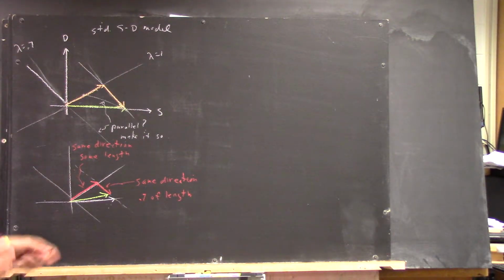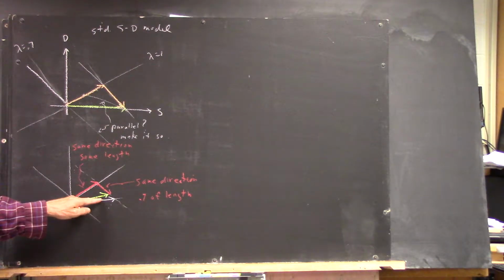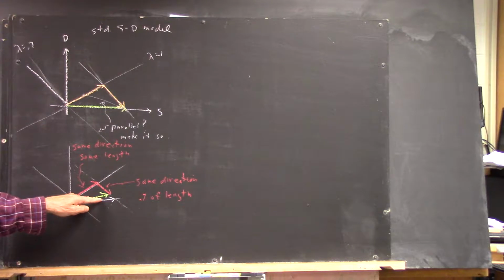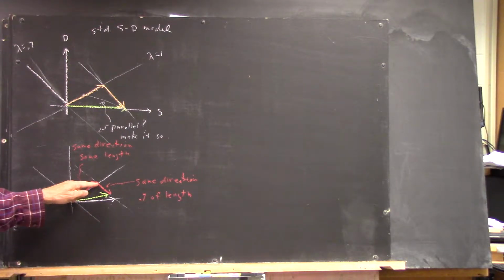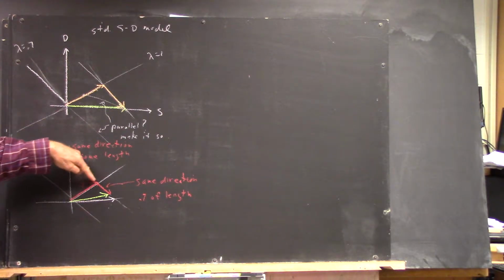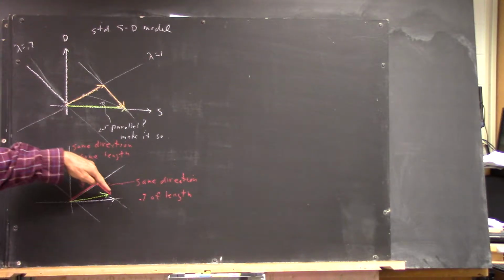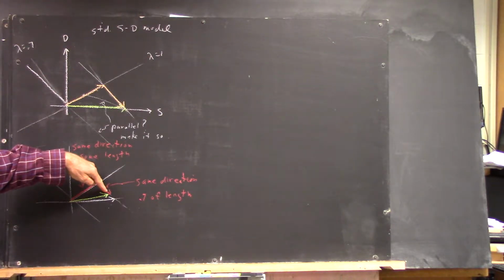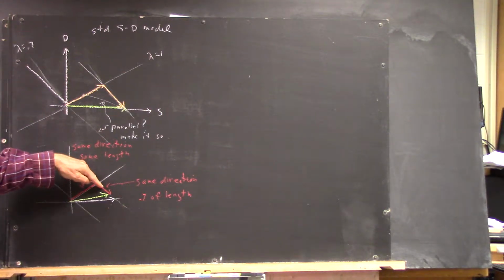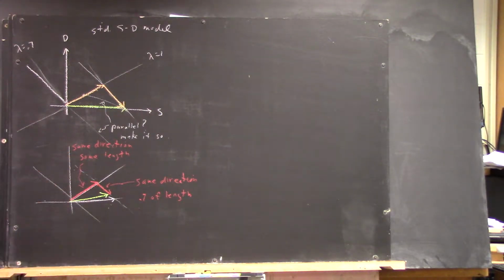If we do that to this vector, okay, well, it still projects to here. In other words, this vector is going to be the same, but now this one's going to get 70% as long, right? And then do it again, this one will get 70% as long as it was. Okay? So if you extend the picture,